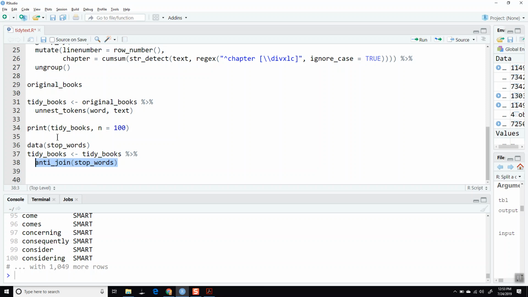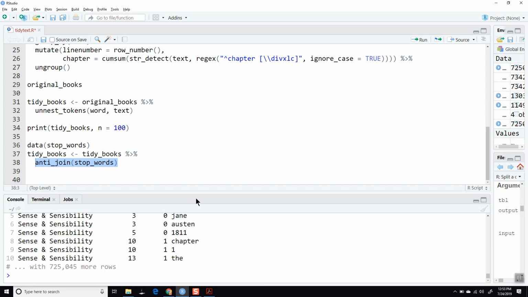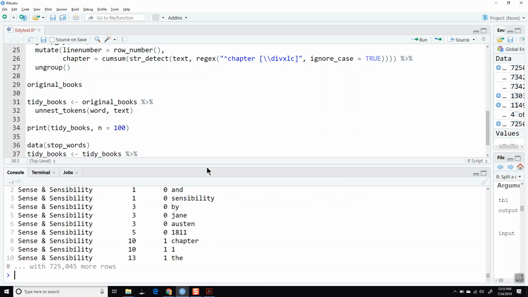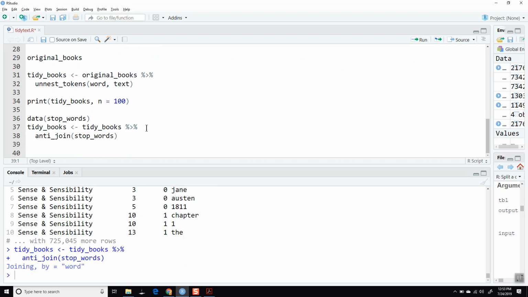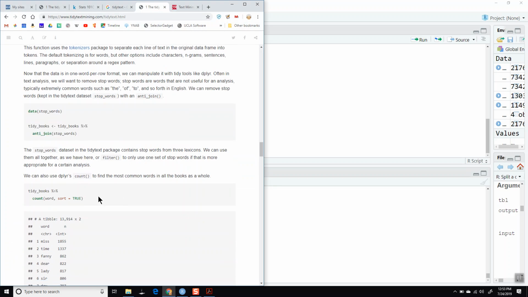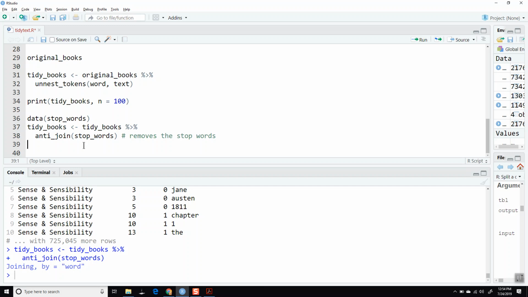So tidy books right now is a list of all of the individual words. We're going to anti-join them with the stop words, and this will basically remove all of the stop words. Now that we've updated everything and removed the stop words,